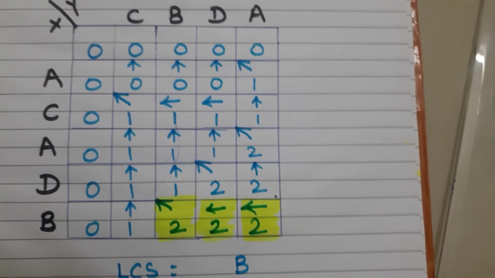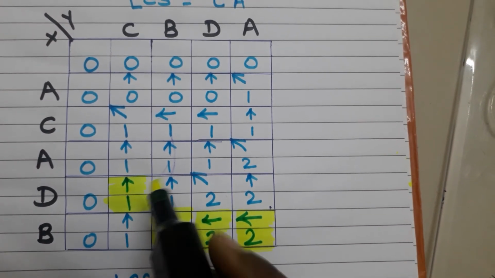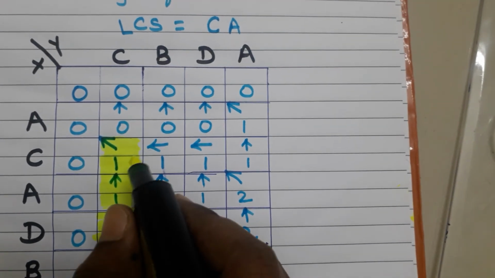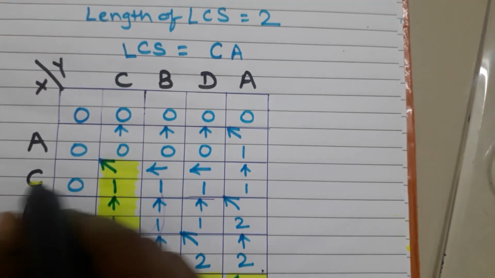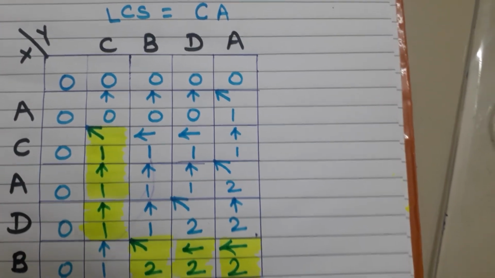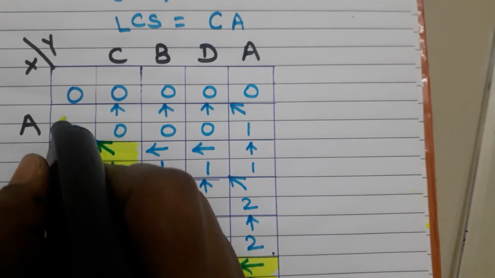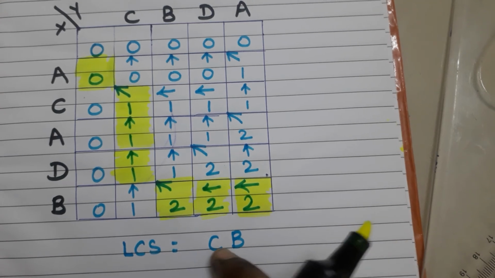After that, it points to this cell. This cell is pointing to the previous row. Now this cell is pointing to this diagonal element. This cell is pointing to which character? That is C, so we write here C. Now this cell is pointing to this cell. So you can see that this is the path which shows our longest common subsequence, that is CB.